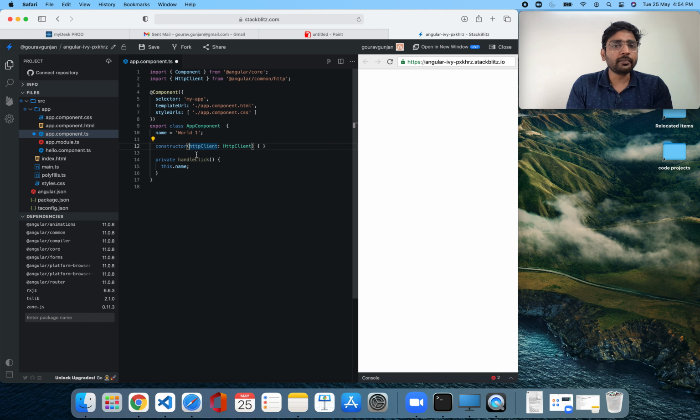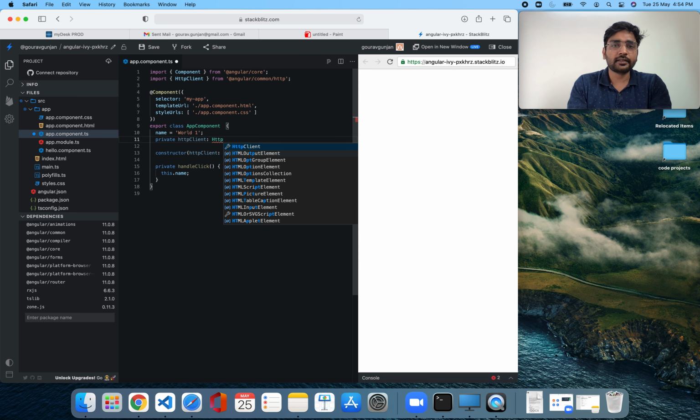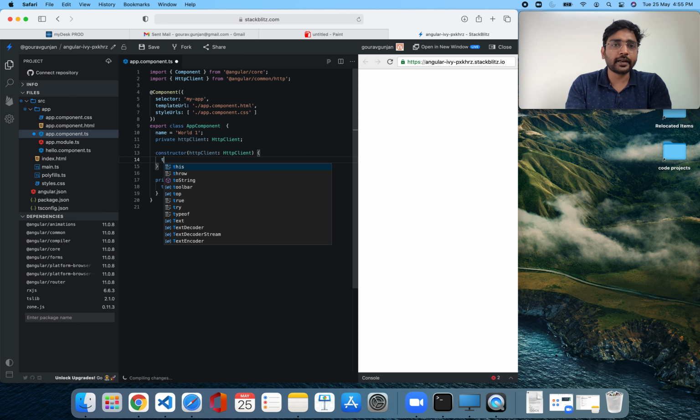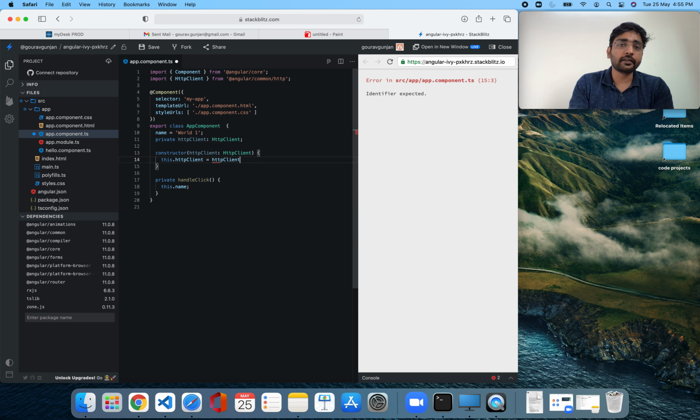So how come writing private here, what did it do? It is basically a short form. So basically what you are trying to do is you are declaring this HTTP client as an HTTP client property in this class, and then you have to write this dot HTTP client equals HTTP client which has been injected in the constructor.